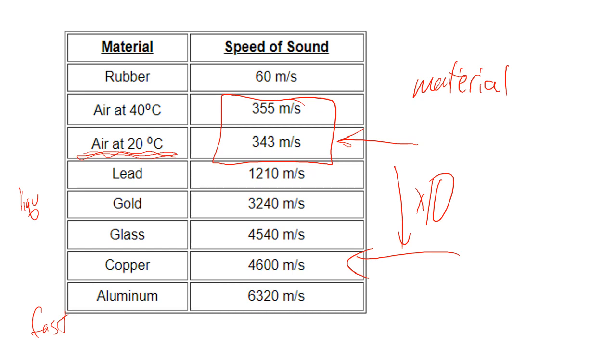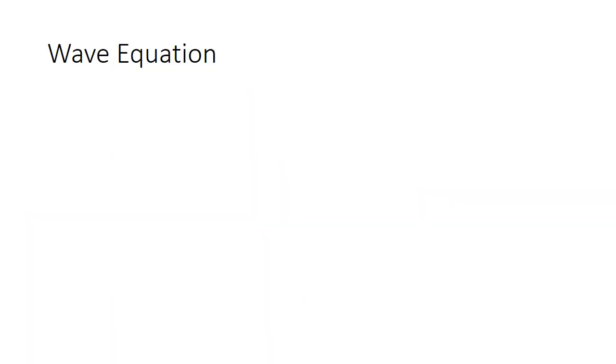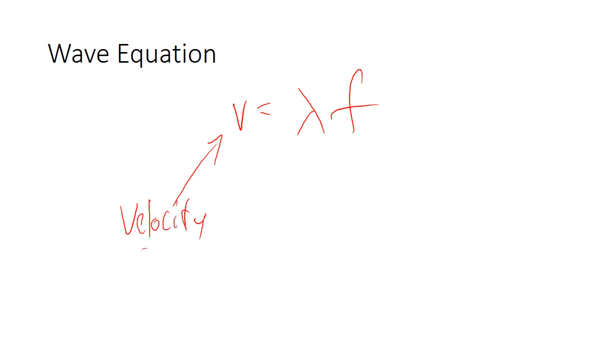And we are going to use these, especially the air numbers, to talk about how sound behaves as a wave. So we need to talk about the most important wave equation. You might have heard this before in some class, but regardless, here's what it is. V is equal to lambda F, a very important equation. V stands for velocity of the wave. For us, we're going to use metric, which is meters per second. So it's just how fast the wave travels.